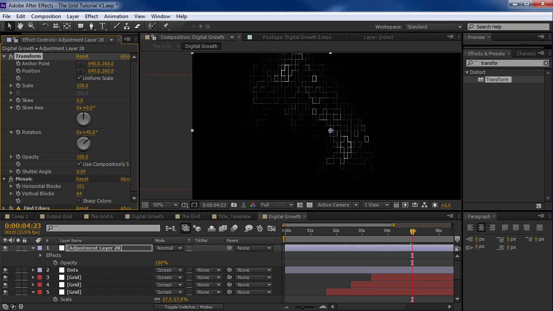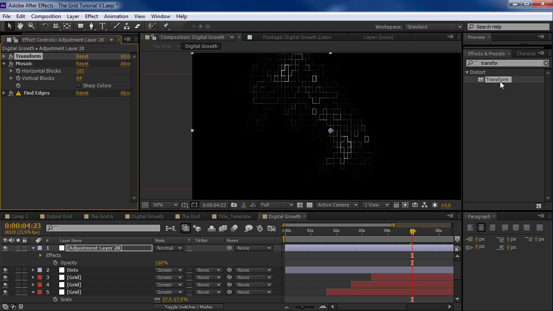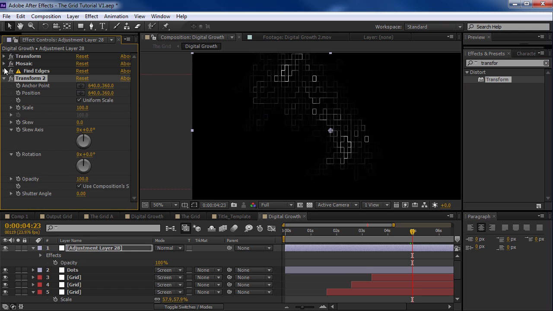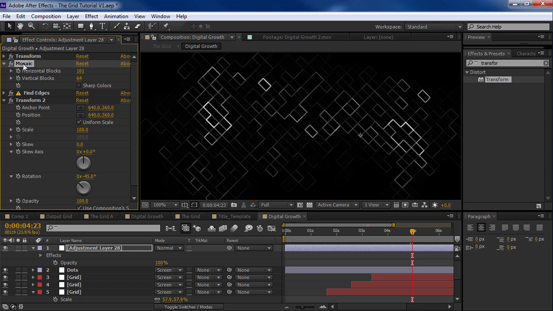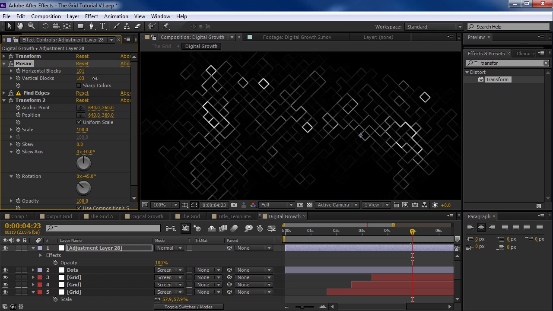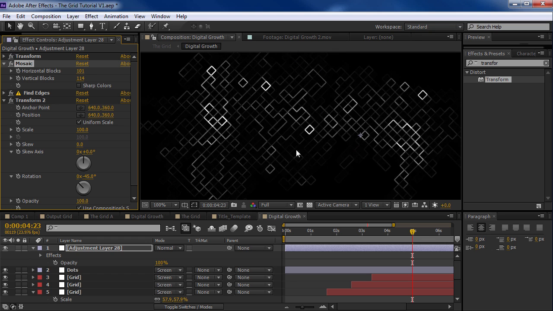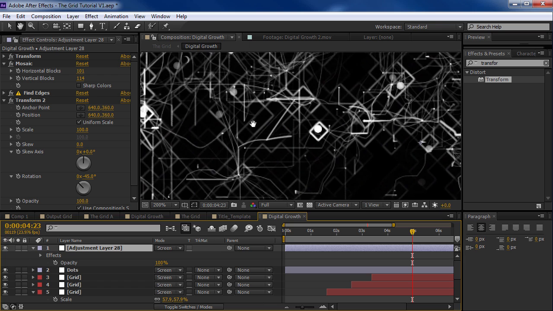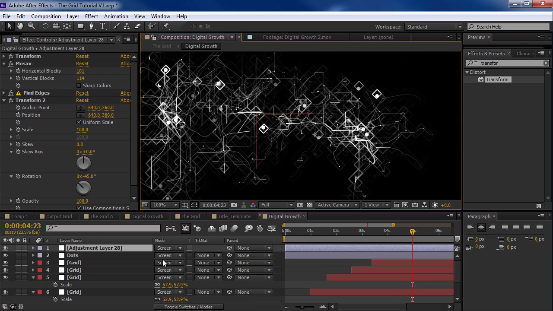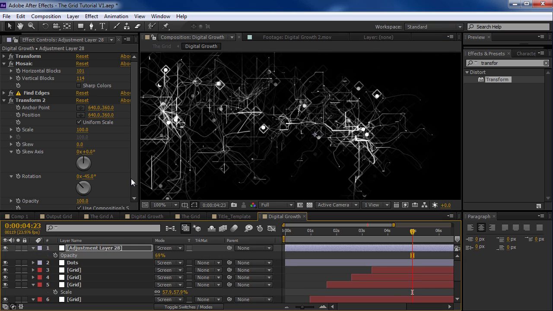And you can see our pattern kind of rotates a little bit. Then if we take another transform, put it after the find edges, we can set it to negative 45 degrees. And so now we have a pattern that is diamond shaped. And if we go back into the mosaic, we can tweak the size of the boxes to create a different effect. So now we'll set it to screen. And now we have a cool kind of diamond pattern, which I would say this makes it about 45% more